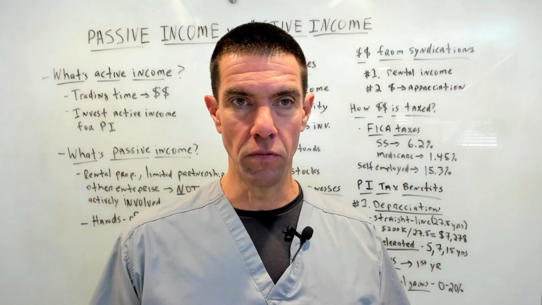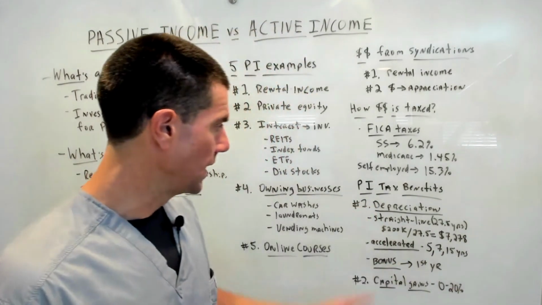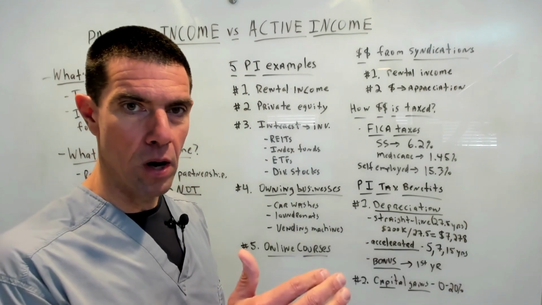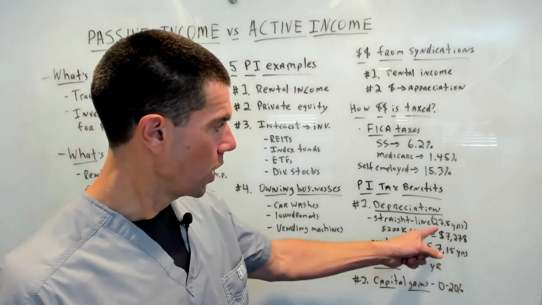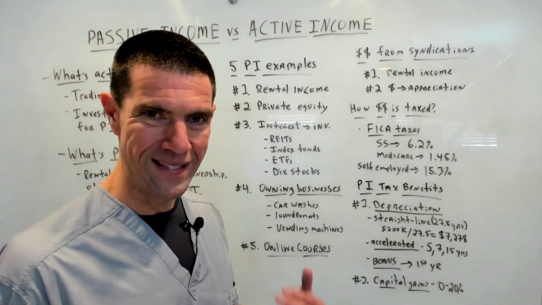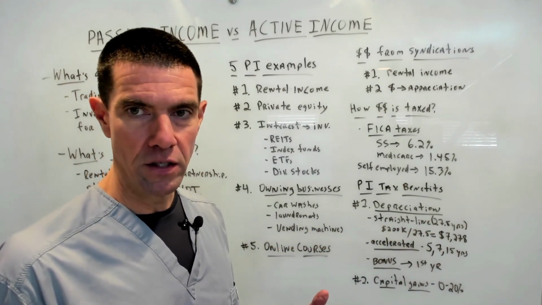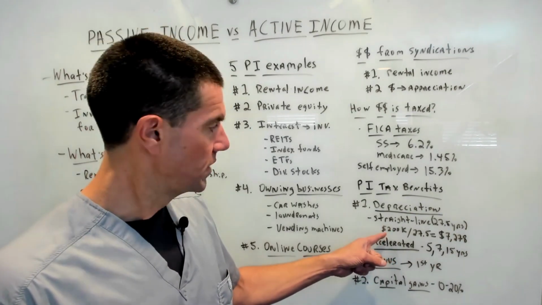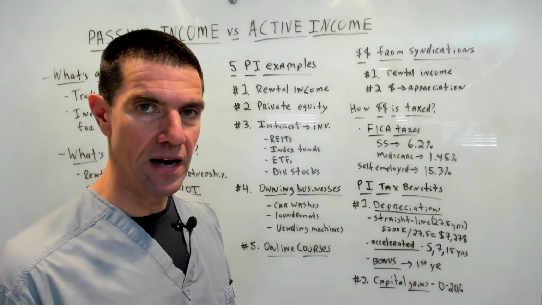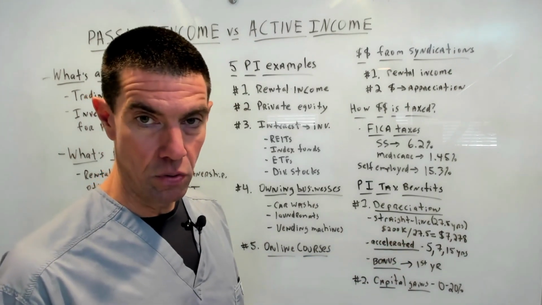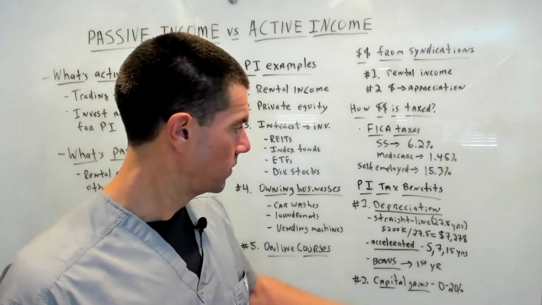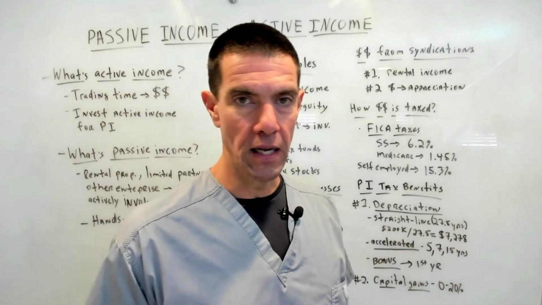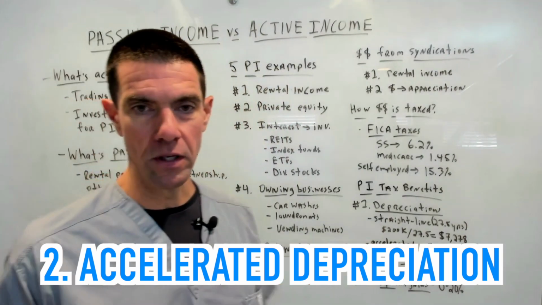There are actually three types of depreciation. The first one is straight line depreciation. Property owners can depreciate their property over 27.5 years. For example, for the annual depreciation expense of, let's say, a single family home of $200,000, you divide it by 27 and a half years, and that'll give you an annual depreciation expense of $7,278. The second type of depreciation is accelerated depreciation.